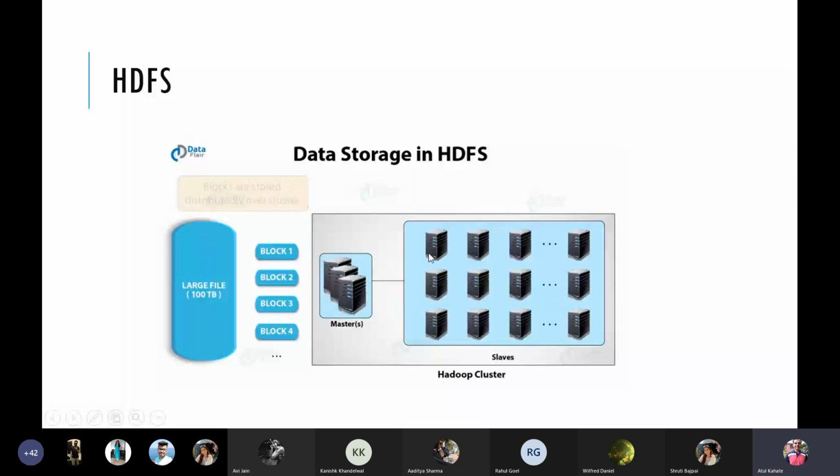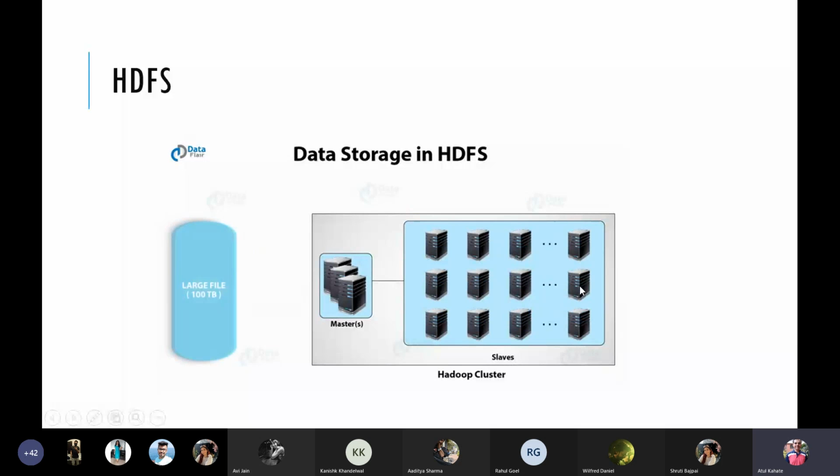Generally one backup is created so that in case somebody asks for this file and the master knows that the file is stored here and attempts to access this block number 1, but for whatever reasons it's failing, then it will quickly go to the other slave wherever it is located. And it also means that the same slave could have the master copy of a particular block and the backup copy of something else, and the master copy of something else could be here also. So it's not necessary that some slaves only have backups.